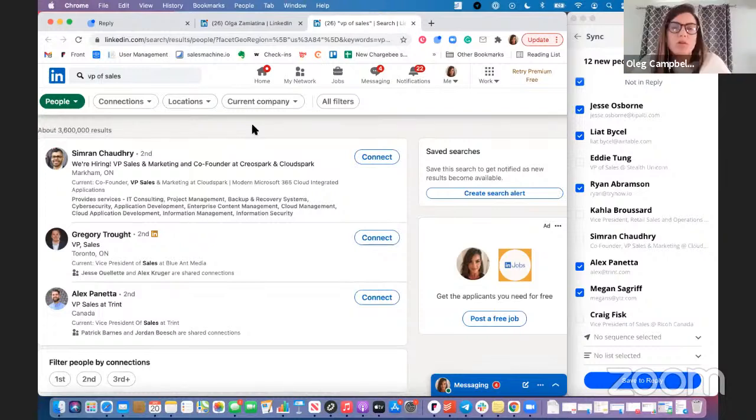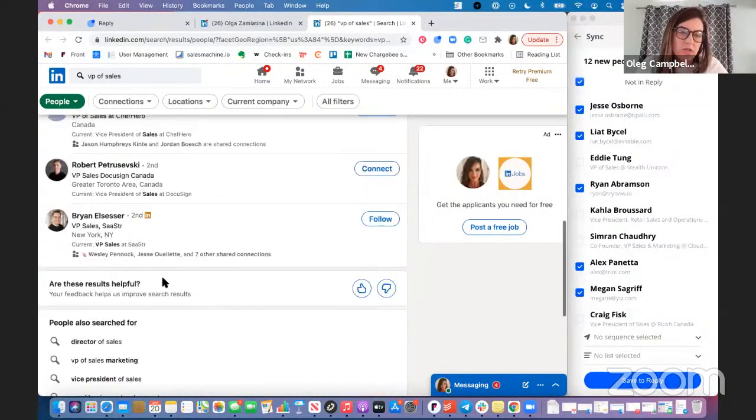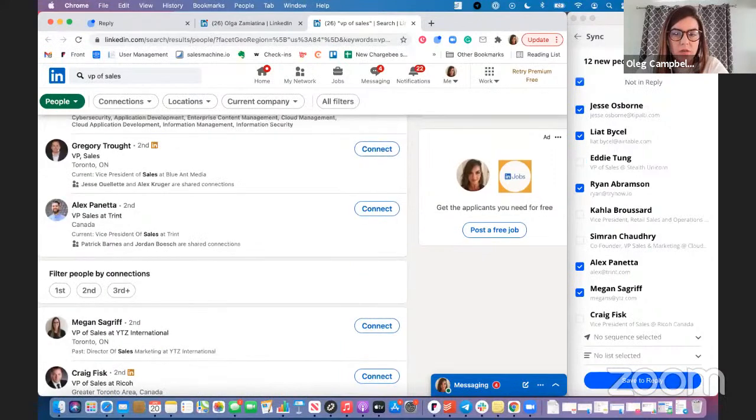Also, when you are running a LinkedIn bulk search, the default search parameters are always VP of sales. So you can change this, you can add your own filters. You will notice that in the Chrome extension, it is starting to pull contacts on page 1. If you want page 2 contacts, you can just navigate to page 2. What you can then do is anyone who you've checked off, you can save them to your reply account, or you can even move them directly into a sequence or directly into a list in your reply account as well. So it's a very good way to supplement any lists that you have.